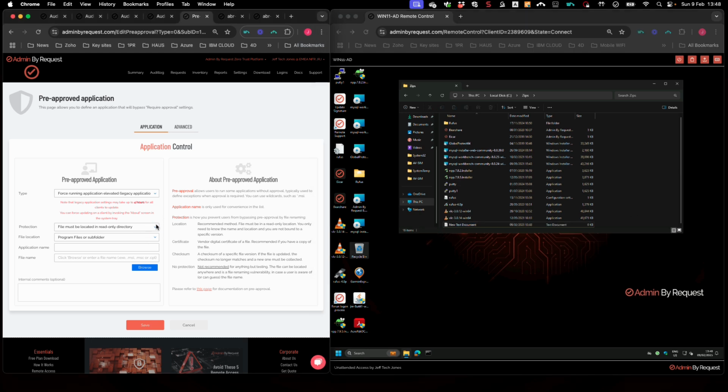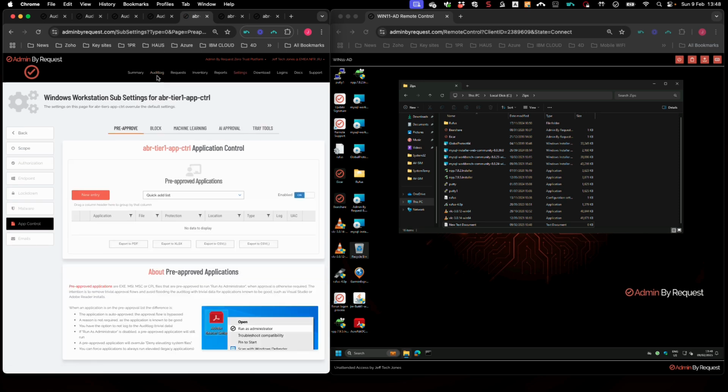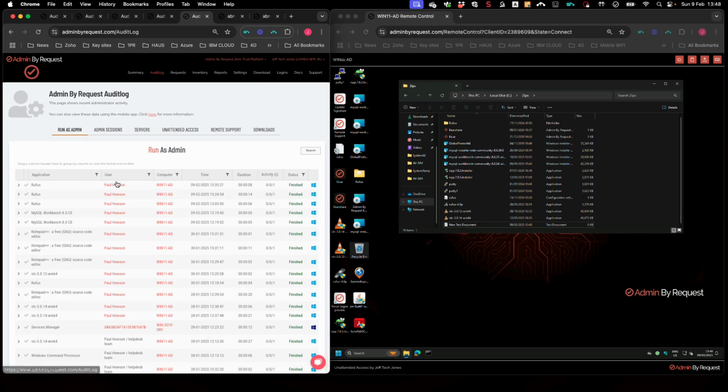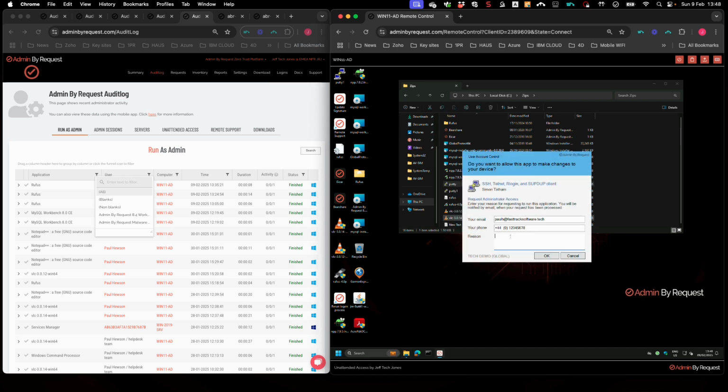I'm just going to turn off protection, and actually maybe I won't do that. Maybe I'll use the hash, that might be more sensible. So if I just look, I think Putty is called something like SSH. No, it's not Putty, is it? I may not have elevated it. Okay, well, tell you what I'll do. I'm just going to go ahead and elevate it, take it through,